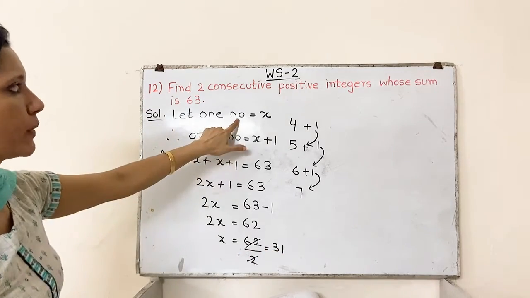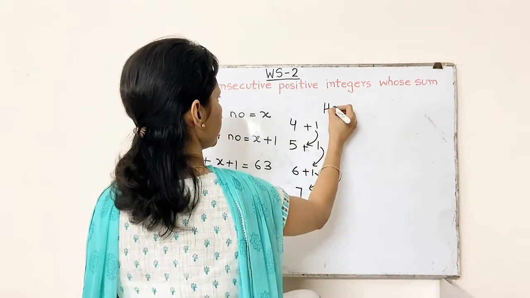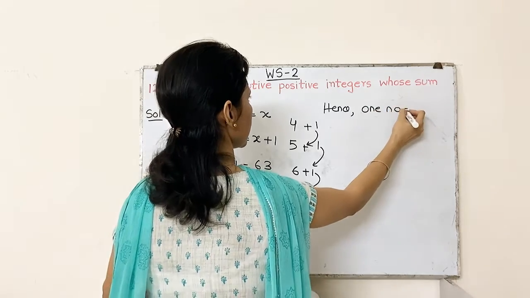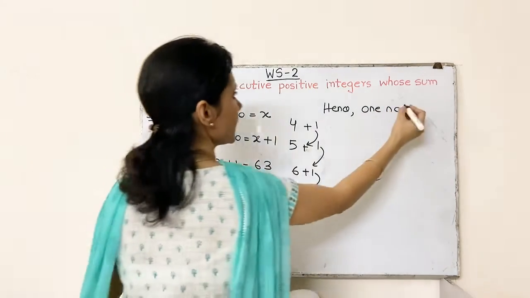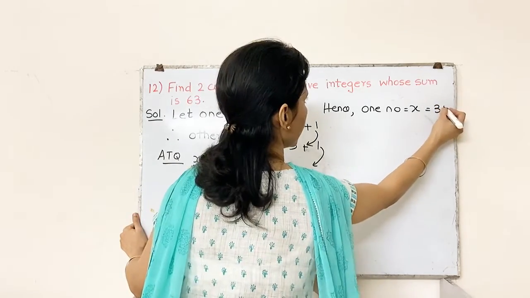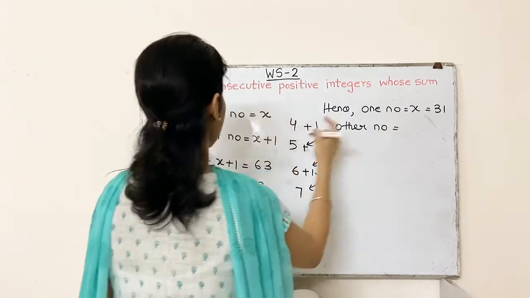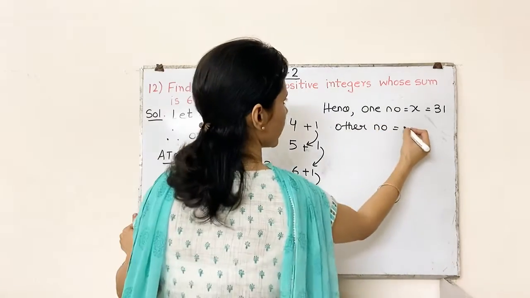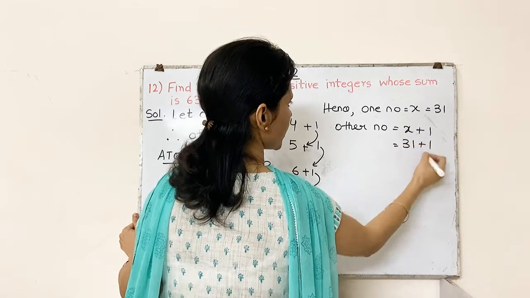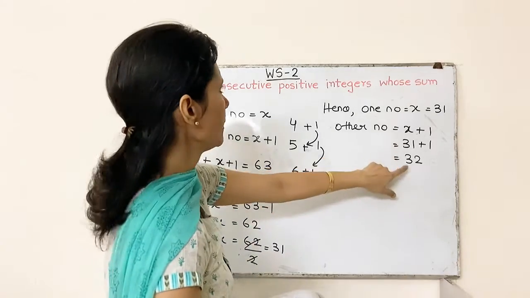So x is one number, we have to find both the numbers. So we'll say hence one number is x and the value of x is 31, and the other number is x plus 1. Let's put the value of x, 31 plus 1, that is 32,